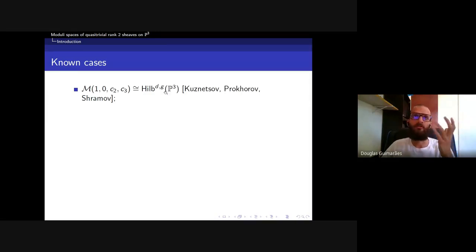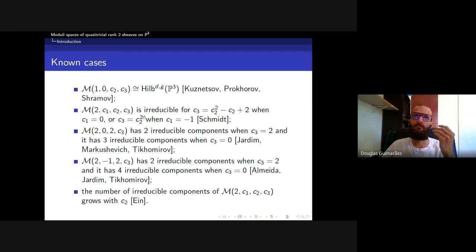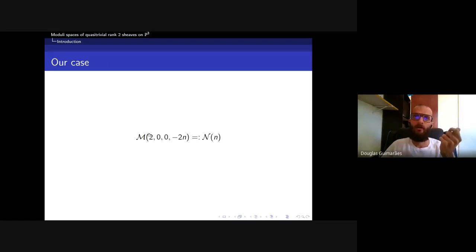So we could ask ourselves: what happens to this moduli space when the rank is higher? Is it always connected as well? Many authors have tried to answer these questions. For the rank 2 case, we have results about irreducibility or the number of components of this moduli space, especially for low values of c1, c2, and c3. But the main case that we are going to treat here is the rank 2